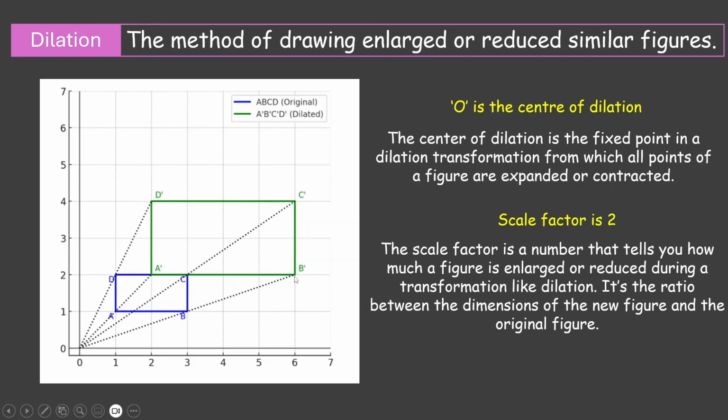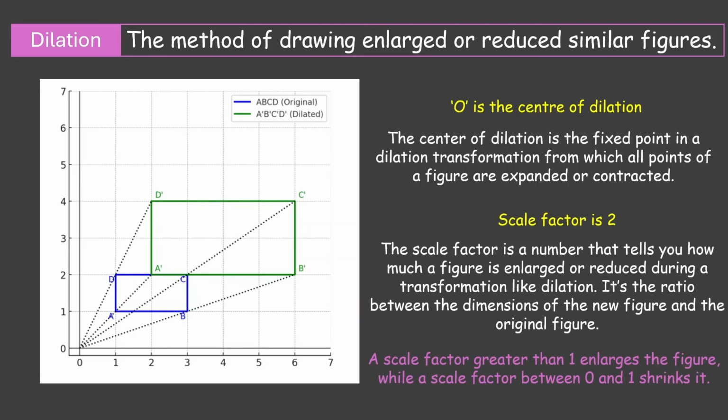For example, here the dimension of the new figure A dash B dash, the length here is 4. In the original rectangle, the length is 2. The ratio of 4:2 is 2. So our scale factor here is 2. Another thing to note is whenever the scale factor is greater than 1, it will enlarge the figure, while a scale factor between 0 and 1 shrinks it. For example, if a scale factor is 1 by 2 or 0.5, our dilated figure will be half the size